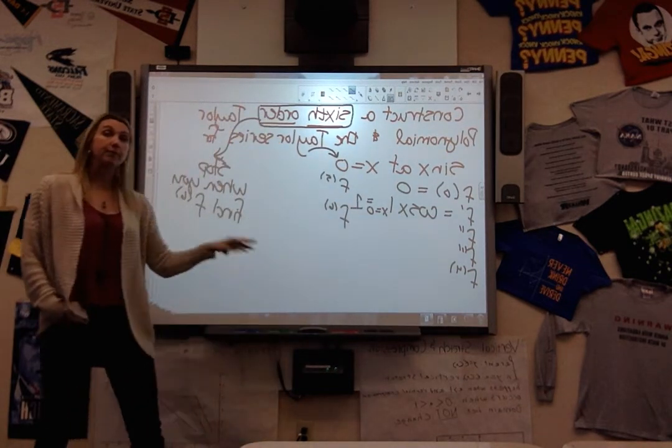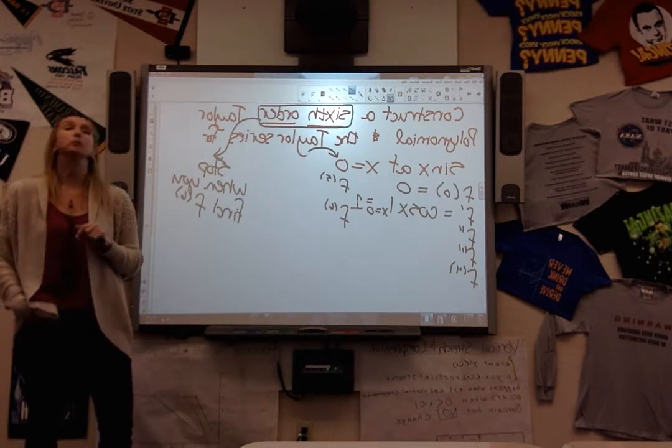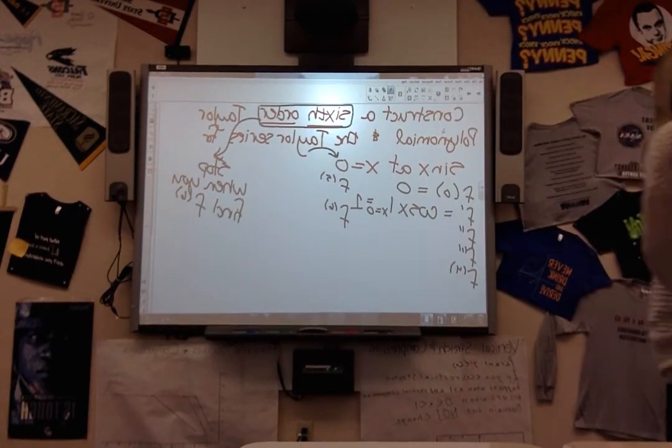Repeat it and find those values. Then you take the derivative of cosine, plug it in. Then you take the derivative of that and plug it in. So keep repeating. 0, 1, 0, -1, 0, 1, 0,